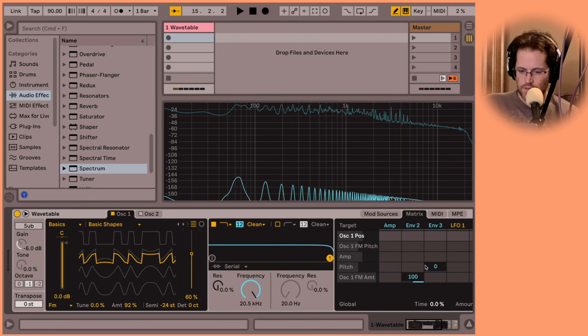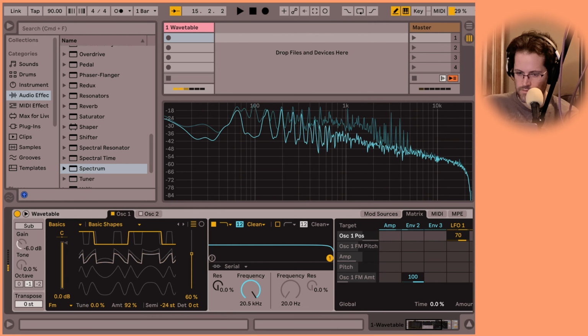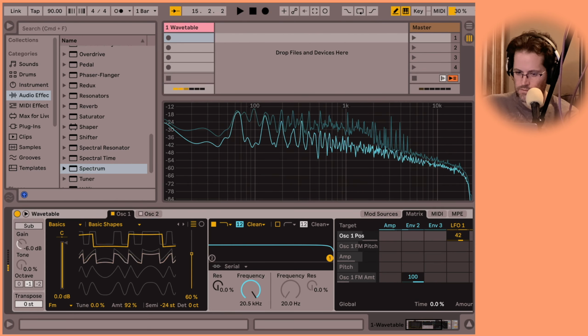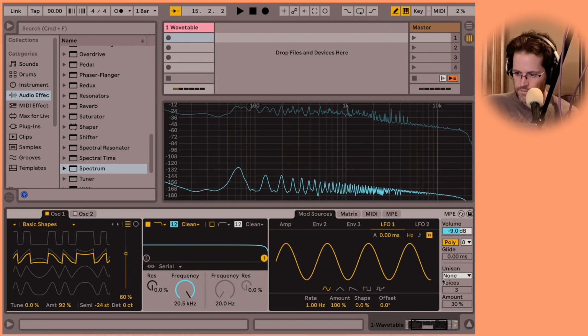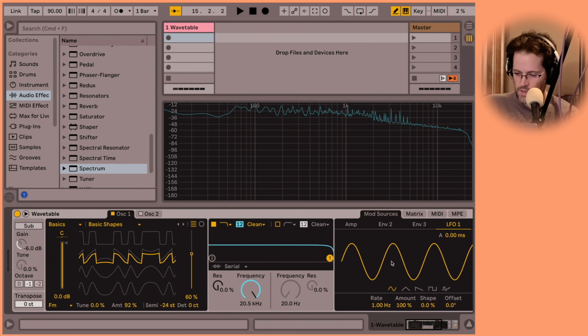And what's nice too is you can modulate this position with the LFO. I like to turn that off.